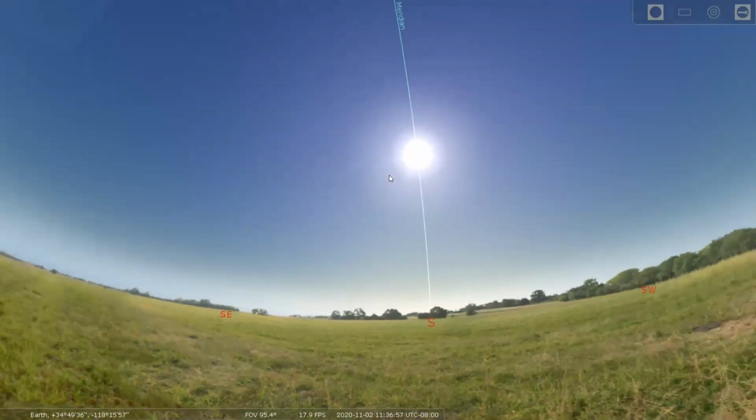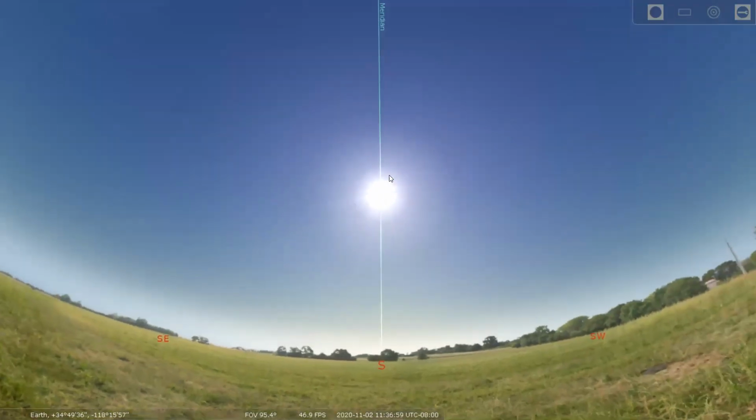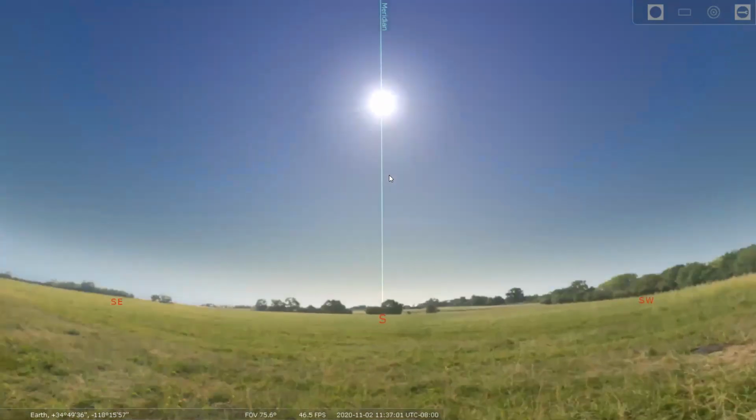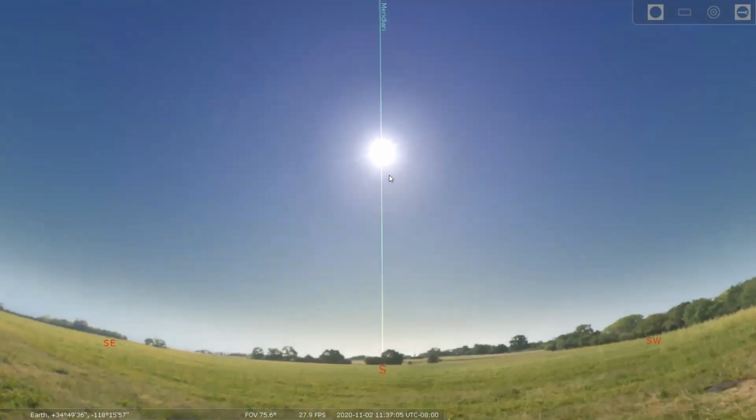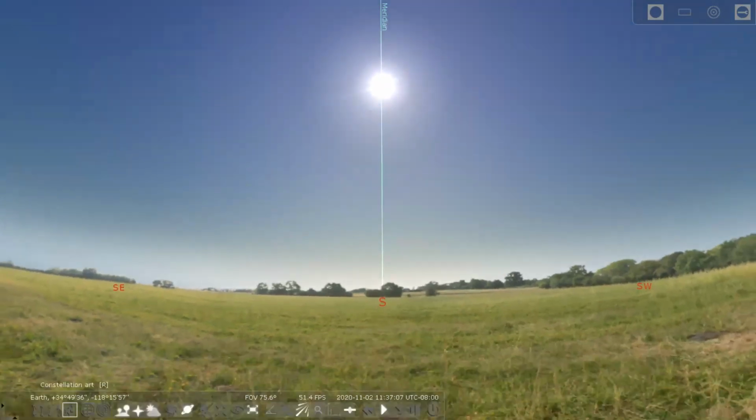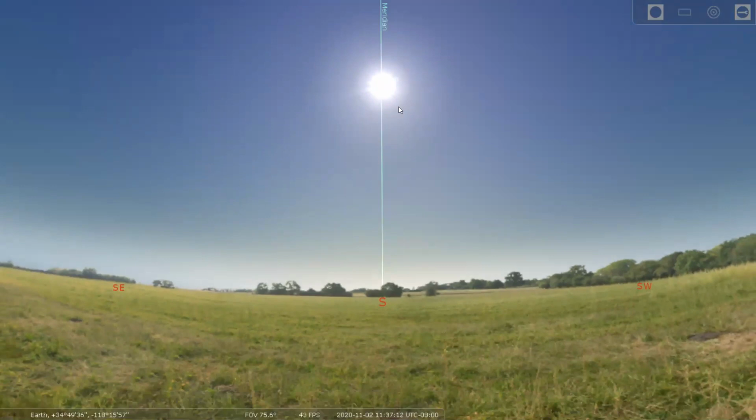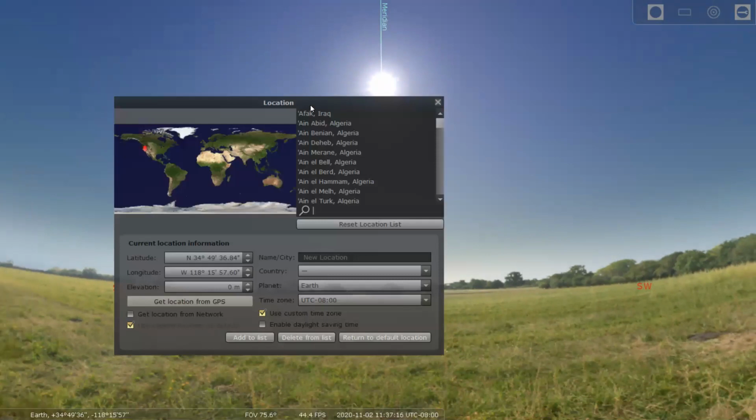Here we are back in Stellarium, and I hit the semicolon button to put up the meridian, and I adjusted the time until the sun was just crossing the meridian. So the sun is culminating, and I'm somewhere north of Los Angeles here. So let's now put ourselves at the North Pole. I can go to the location window,